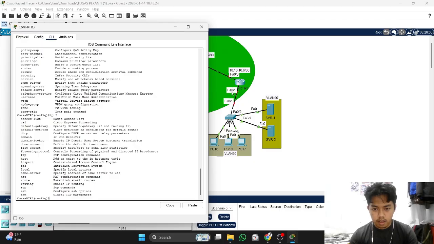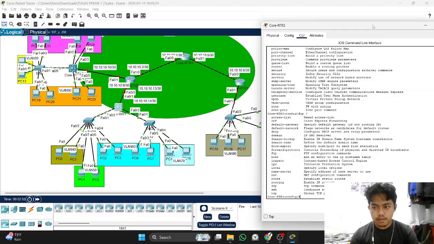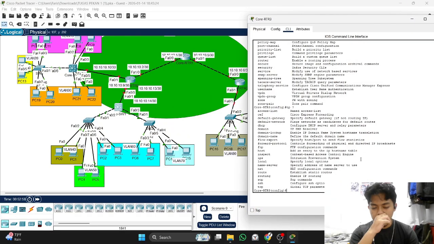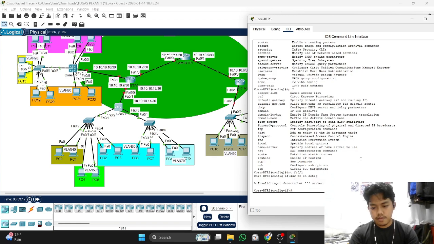That's the FA0/0. And then before we create the sub interface, we trunk it first. Trunk interface FA0, trunk encapsulation dot1q.